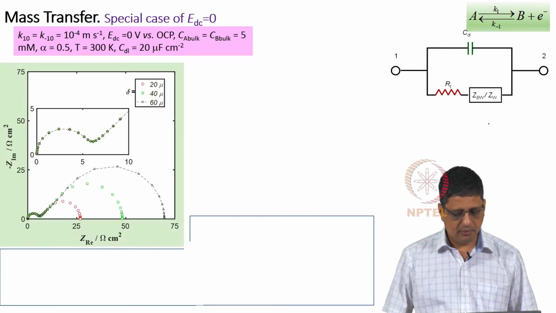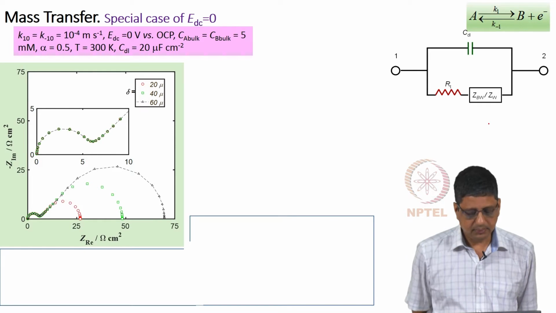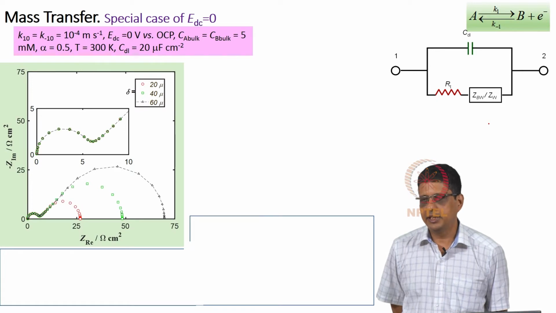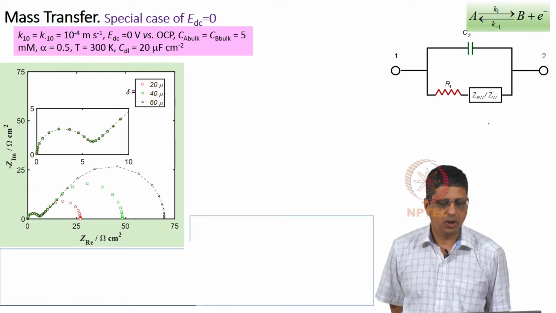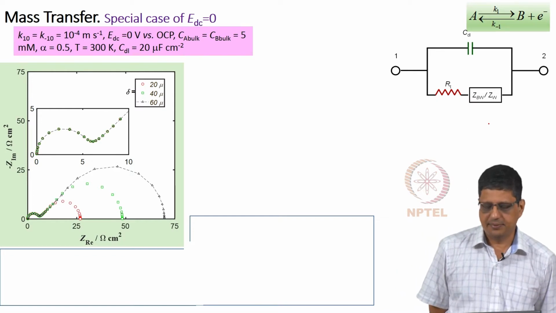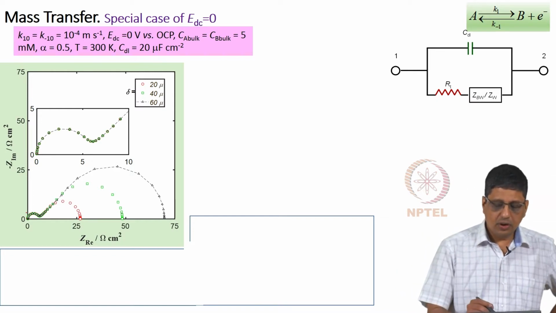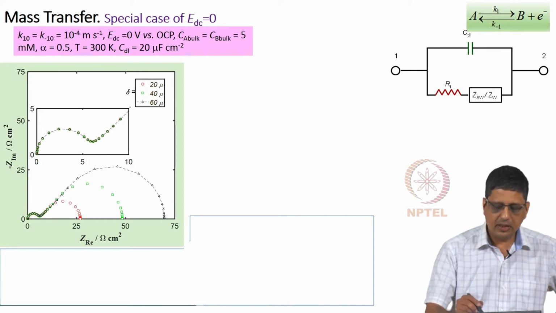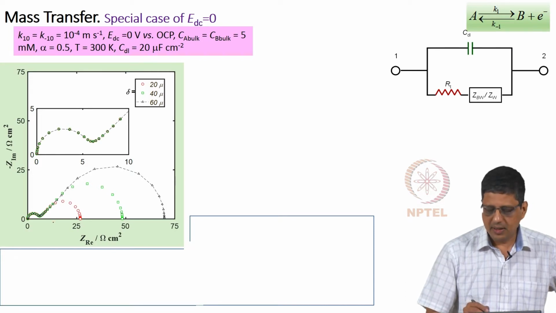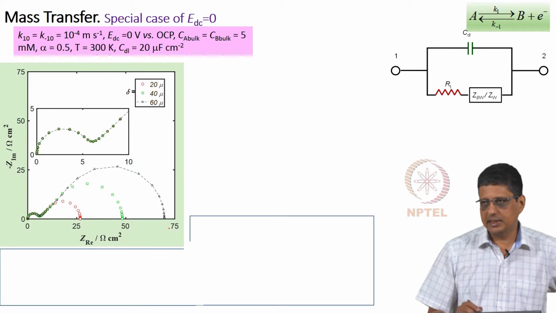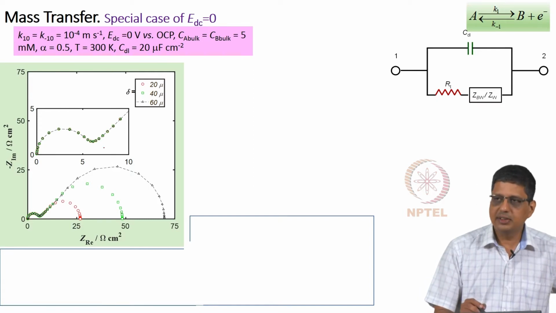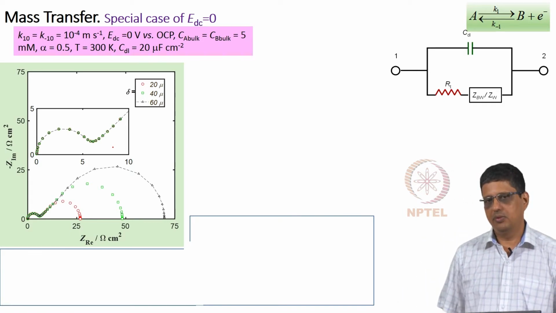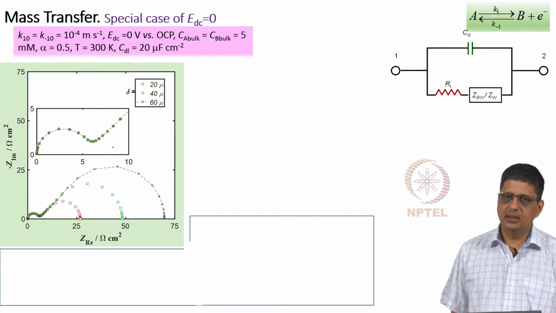So, I have taken certain values and just used the formula to predict the impedance for a variety of frequencies and plotted it for different boundary layer thicknesses. If you look here, it looks like a semicircle not completely touching the real axis, and then it looks like a 45-degree line to some level and then it settles at the real axis. When you go to high frequencies, you will not see any difference when the boundary layer thickness is varying. When you go to low frequency, you would see a difference.